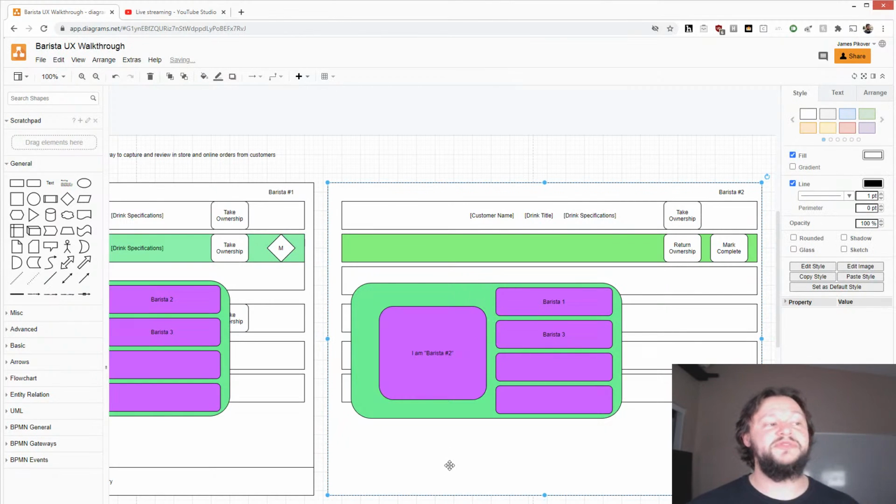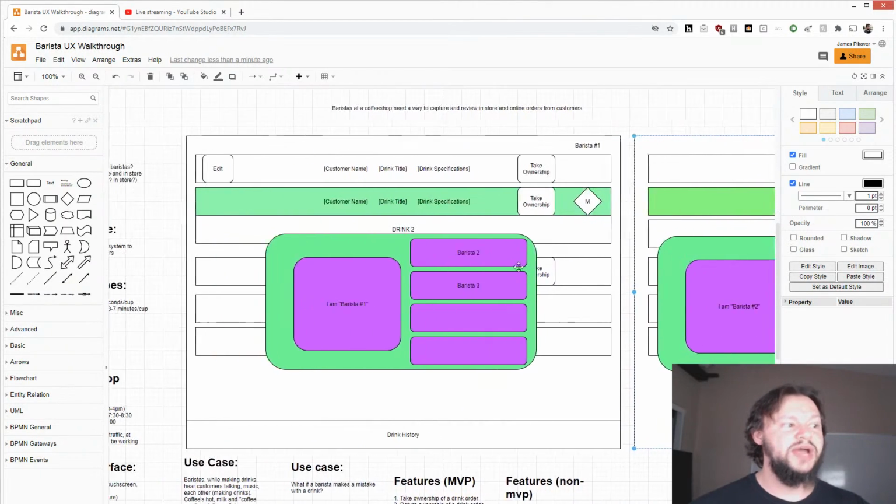But then I would be very quick to be able to say, okay, take ownership, and then push the barista number 1 button. In other words, not only would I be able to take ownership at another workstation without having to do any crazy stuff, I would also be able to log in to one workstation, log out, or switch the other workstation to the other barista, and do so without causing any major challenges,